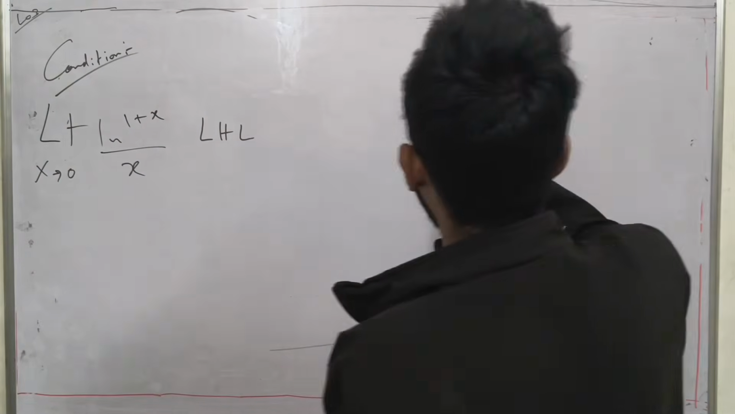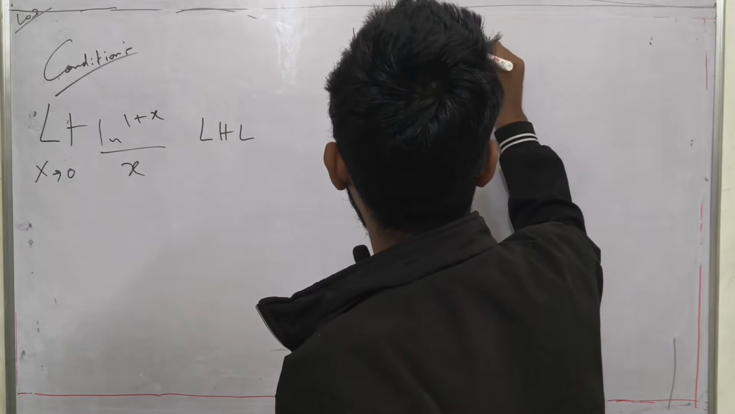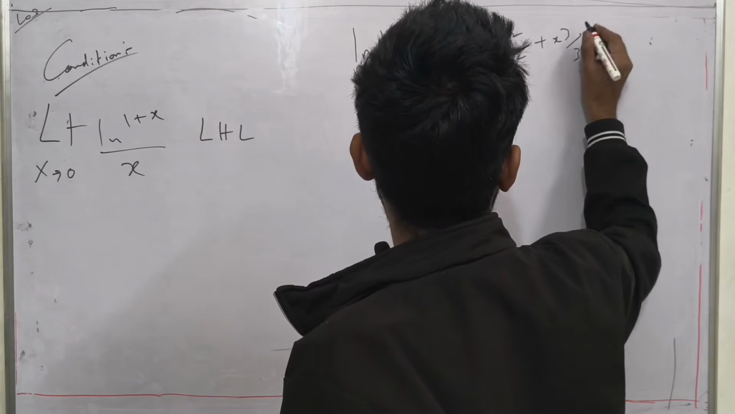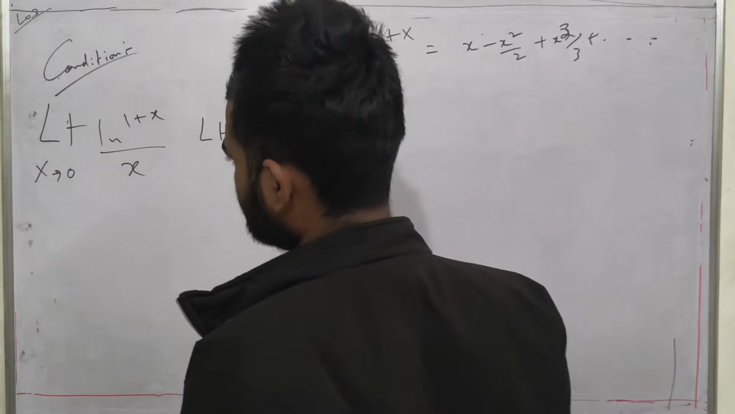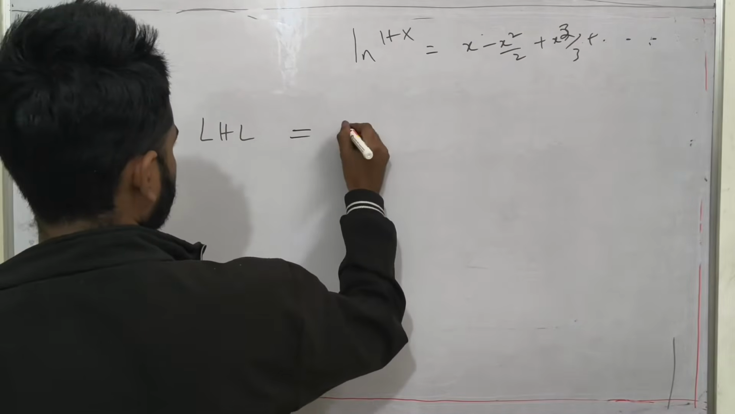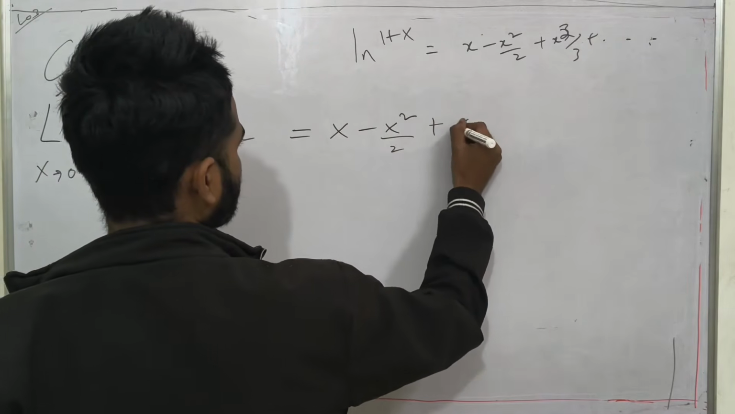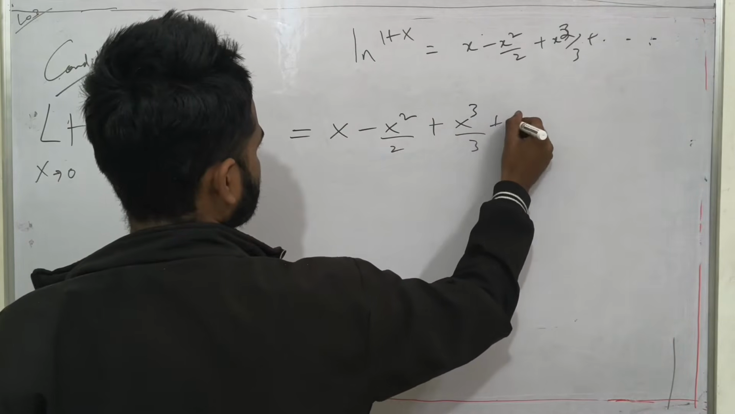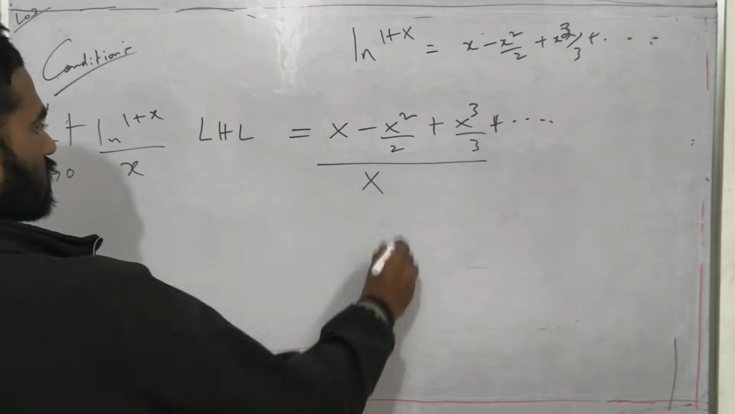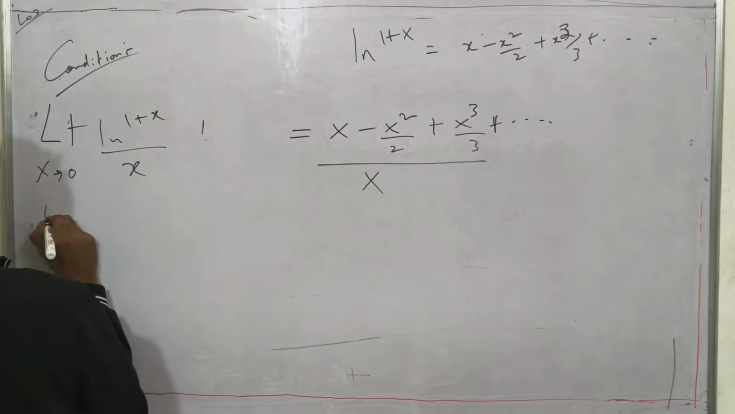So ln of 1 plus x expansion, children: ln of 1 plus x equals x minus x square by 2 plus x cube by 3, and so on. So we can write the numerator as x minus x square by 2 plus x cube by 3 plus so on, by the denominator x. Okay, so the left hand limit is